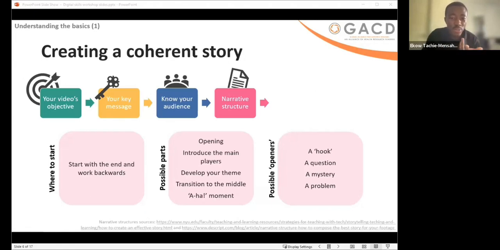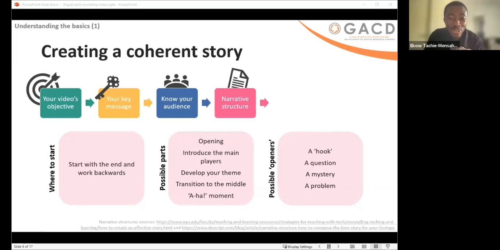And then the various possible sides. The opening, introduce the main players. Imagine your video is, let me give an example, a detective story about solving a health mystery. Let's say the dangers of sugary drinks. The opening can be introducing the detective.